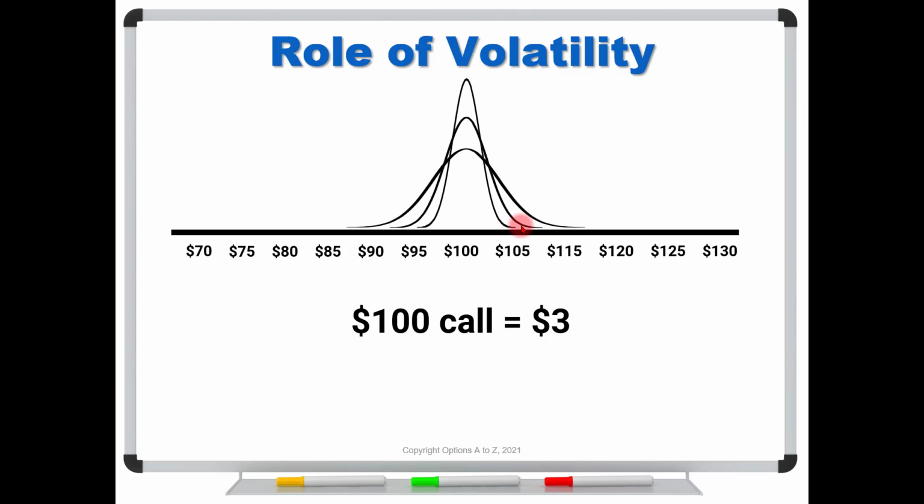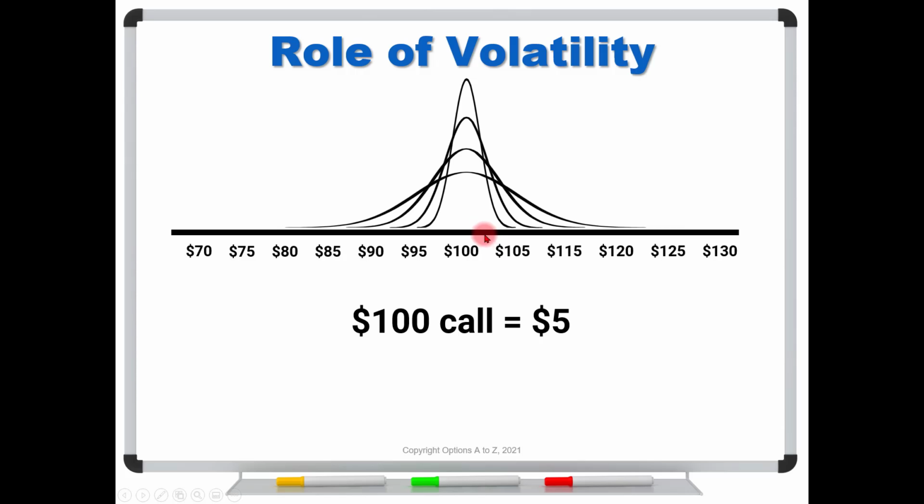So traders say, you know what? I'm willing to easily pay 3, but others say, well, I'm willing to go 3.10, 3.20, 3.30. Pretty soon it's up to $4. And then more news circulates. What happens? We end up with more guesstimates that the stock price might be way up here and it might be way down here. Just a wider range of potential prices. And so traders start getting into bidding wars, and we find this option is no longer trading for 4, now it's up to 5. And then what happens?